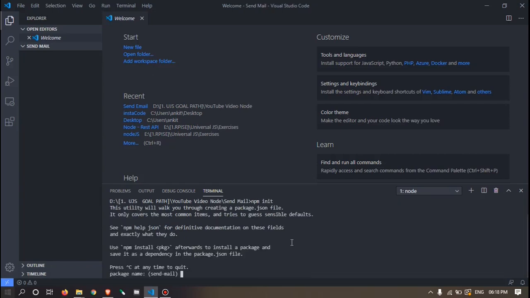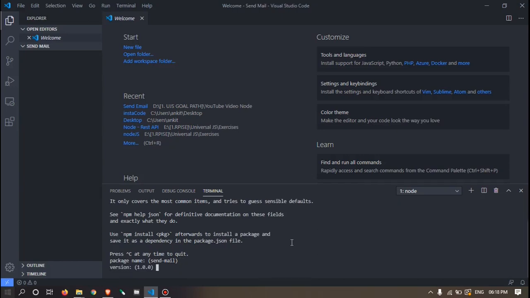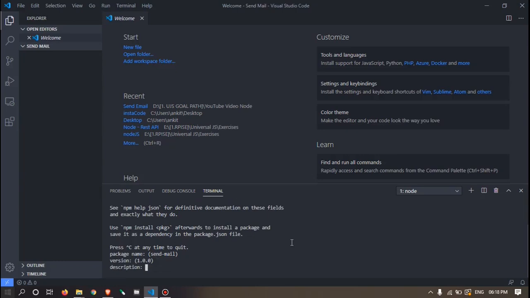We will first have a login page. I am demonstrating a concept login page here. There will be fields to enter an email id, name and password, and then we will send the mail to that email id. For the description: send email using Node.js.